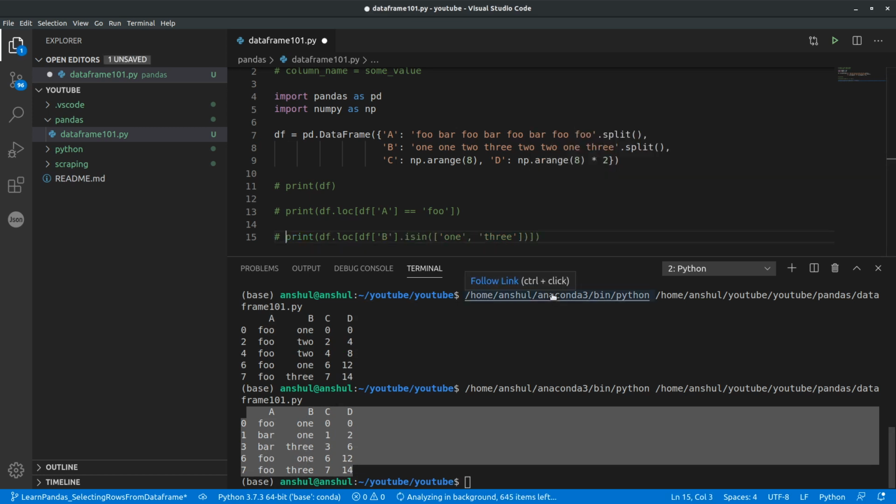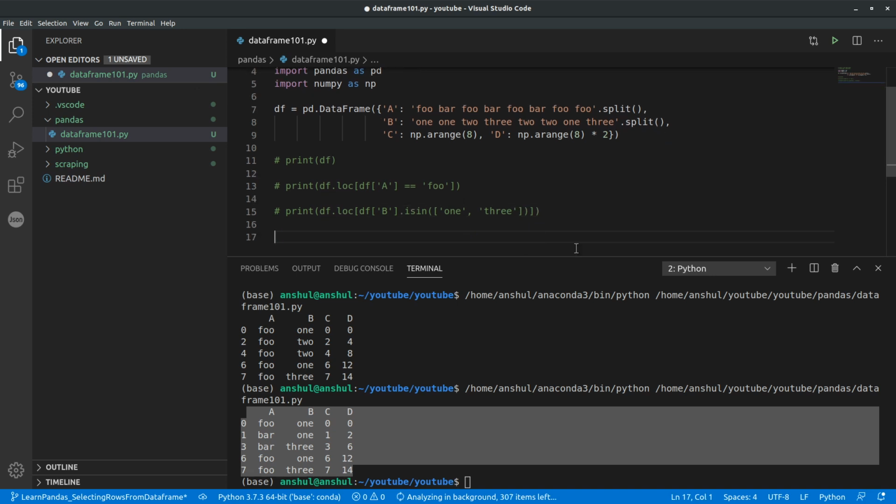Now another way that I wanted to show. One way is what I've shown here, but it's not very efficient if we have to constantly search for values in a particular column only.